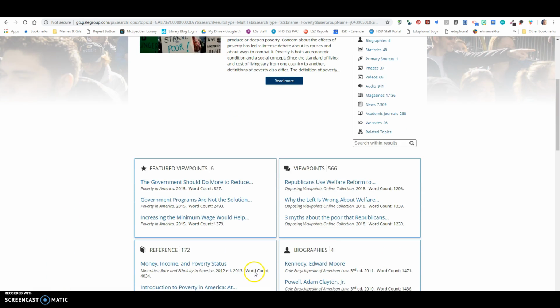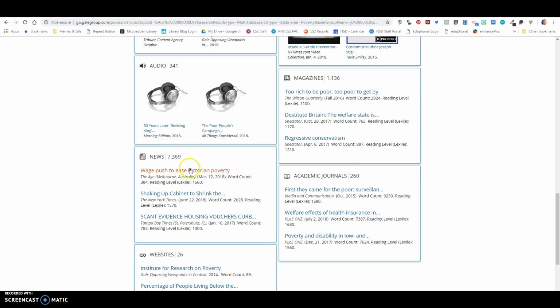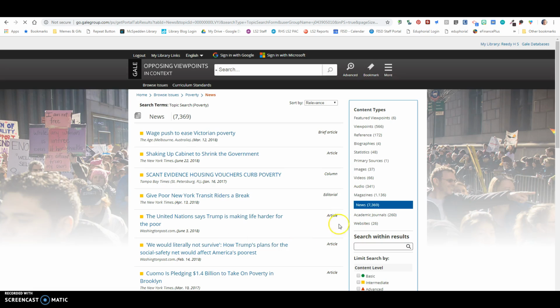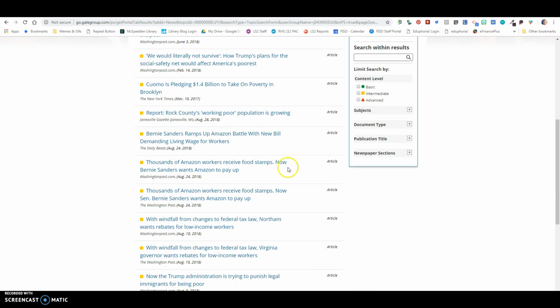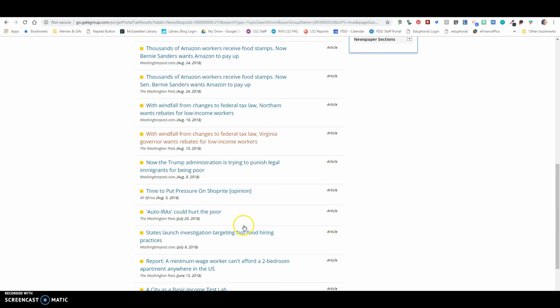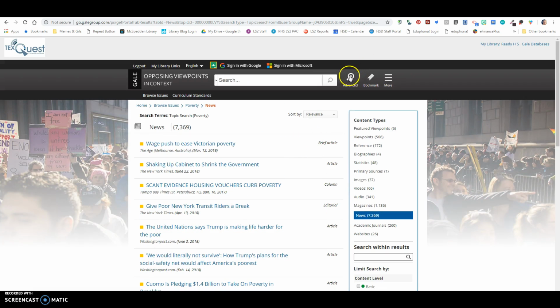So you can see poverty here. You can come down here to news and you'll be able to see some different news articles about different countries and poverty. Okay. The other thing you can do is you can always go to advanced search